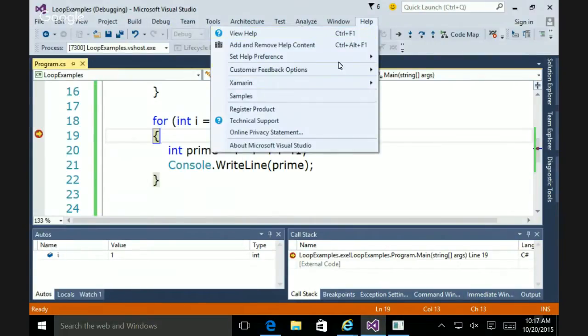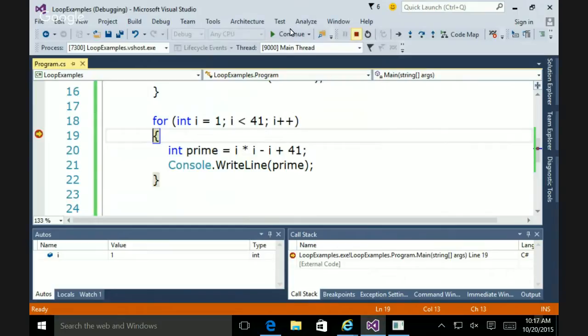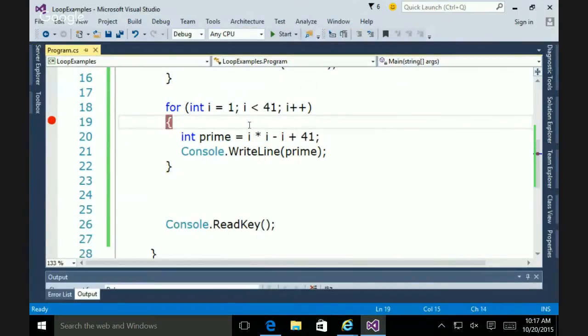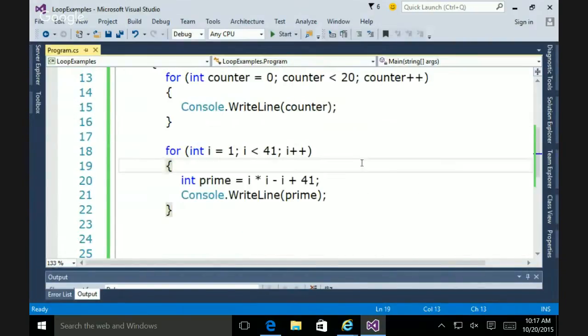Debugging can be really tricky. As I said, we'll look at it more when we have more to debug. But okay, so that's a for loop. The one thing I want to show you about